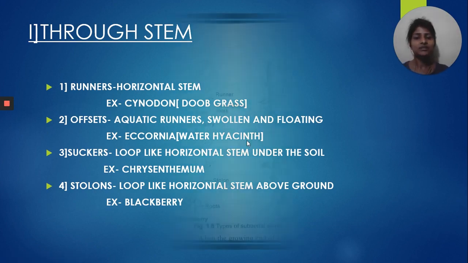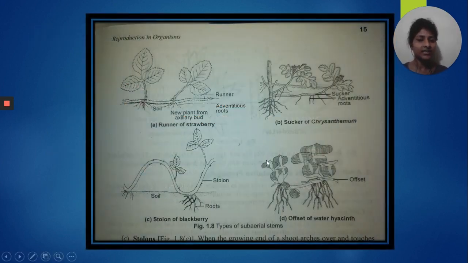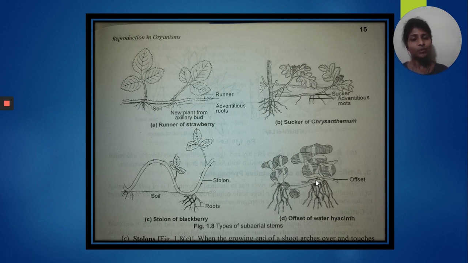You can see the water hyacinth in the given diagram. You can see this connection between the two plants, that is the offset. One specialty of this offset is that it has only one internodal length, and it degenerates very quickly. That is why the rate of growth of Eichhornia is very high. Because of this property, the Eichhornia plant is also called the terror of Bengal. So that is the offset of water hyacinth.